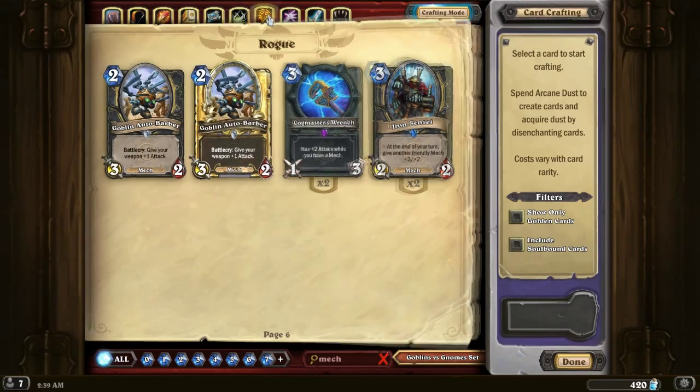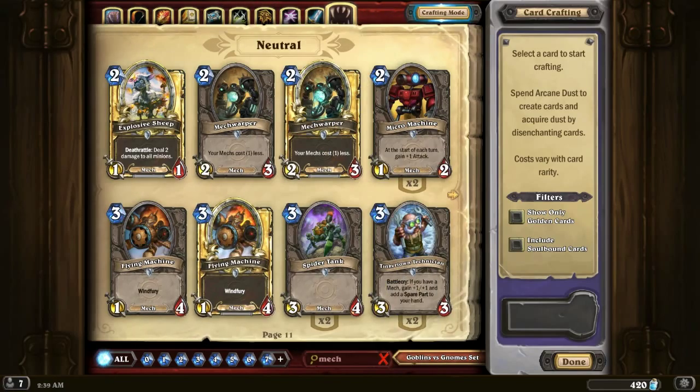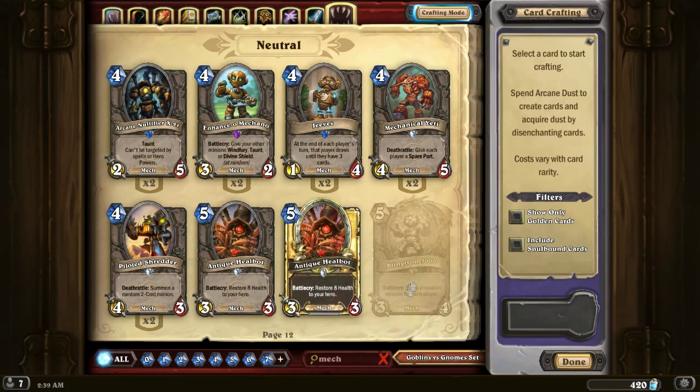And even a mech legendary. I'll turn crafting mode on for that. In fact, did I miss any mechs? There could be some mechs I don't have. Yeah, I don't have